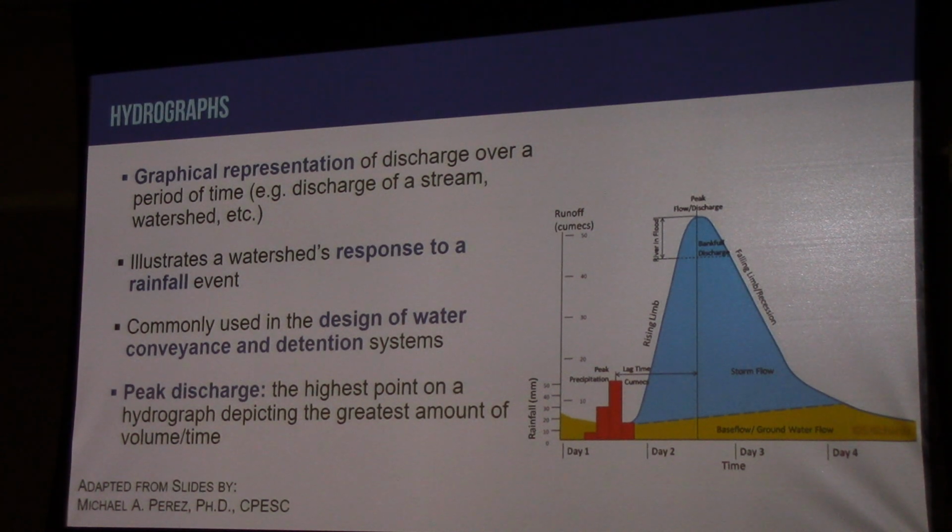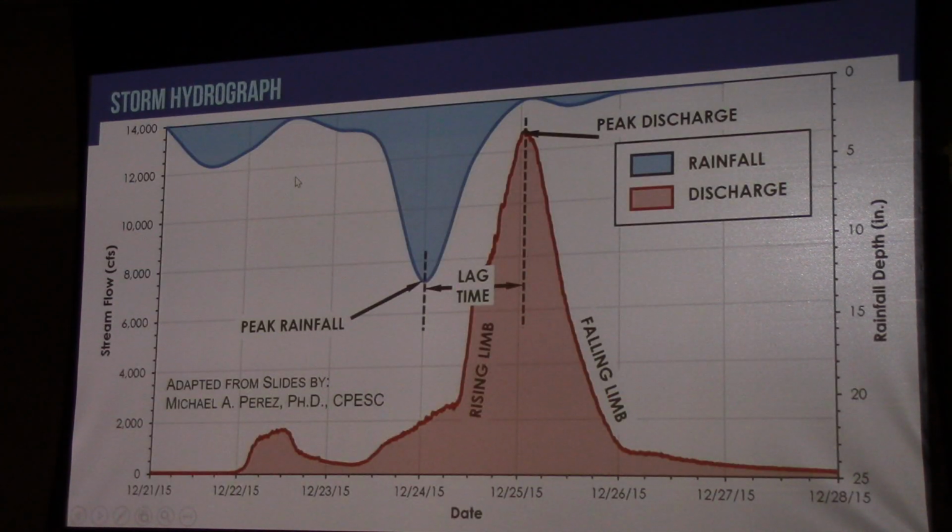So we use this to design detention systems, we use it to design storm sewer pipes, and the peak discharge, if I start talking about peak discharge, that's the top of the curve. The point where it's the highest on the curve is the highest flow, so that's peak discharge. And another example of this